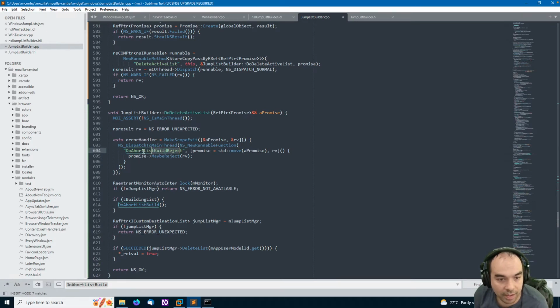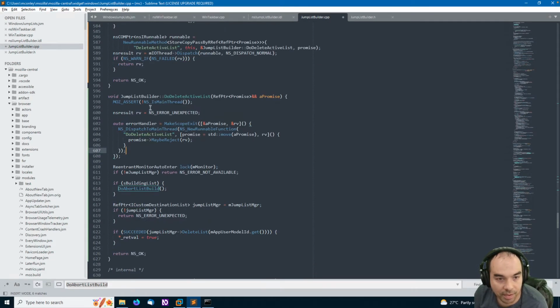Do delete active list. I should probably try and compile in a second. And then the promise will, if there's a promise. Do we know that there's a promise here? Yes, there will be.